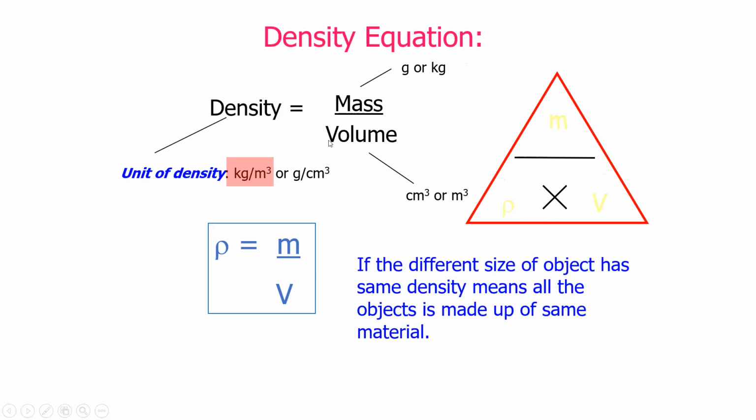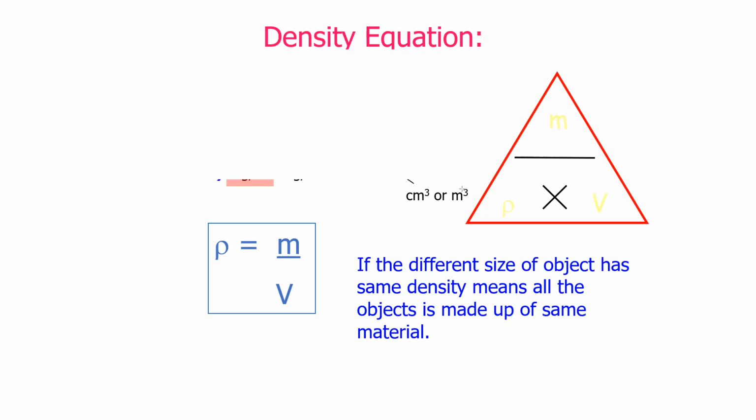If different size of objects have the same density, it means the object is made up of the same material. What does this statement mean? Example, density can also be used to identify the type of the material. How can we use density to identify the type of material? Example, you have different size objects,